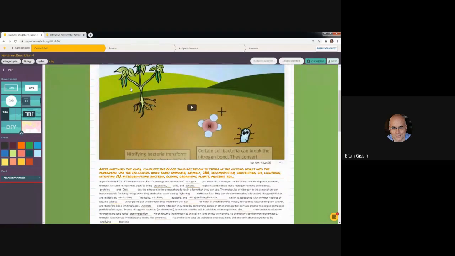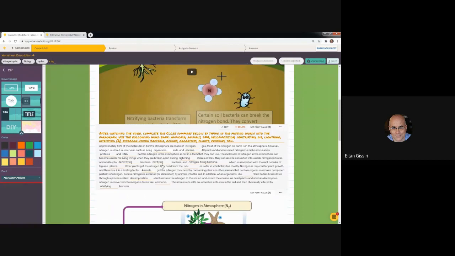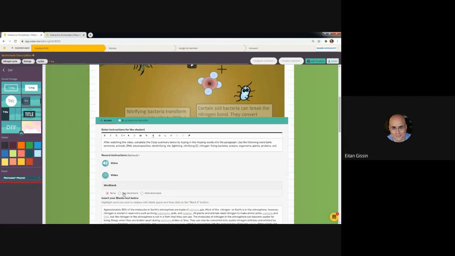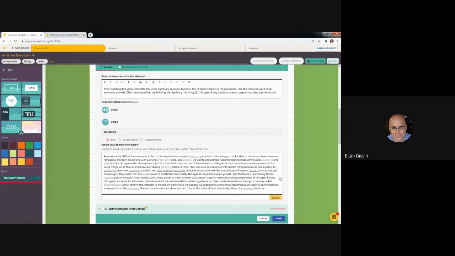Now, the moment you've created the worksheet, this one already has a type of question that has a video question in it that you can enter some sort of video in, and then have a fill in the blanks type question, where in fill in the blanks there's a few levels of difficulty. You can either choose to have no word bank. That means the words will need to be added by the students, or you can have it with a text word bank or a click word bank that makes it a lot easier. It opens up a drop down or scratches off whatever has been selected by the student. How you create this, you simply copy paste the text into this editor, and you can simply mark the word you want to blank, and done. You're ready to go,